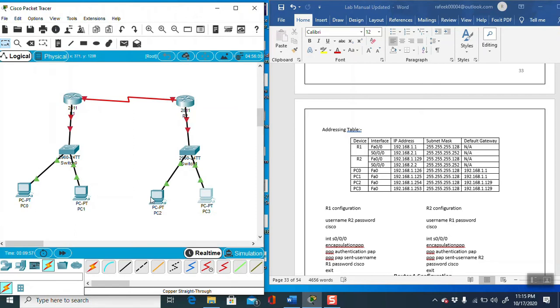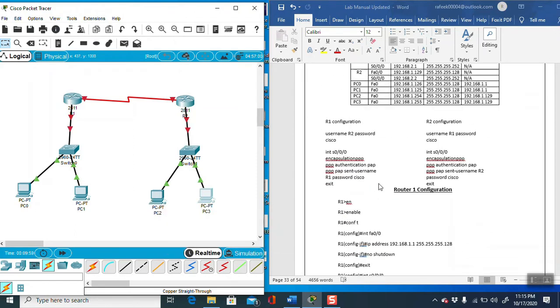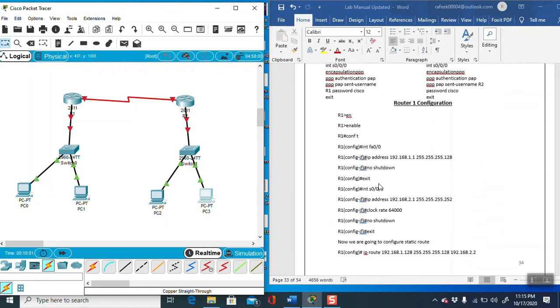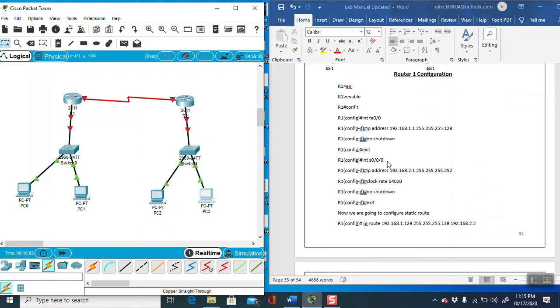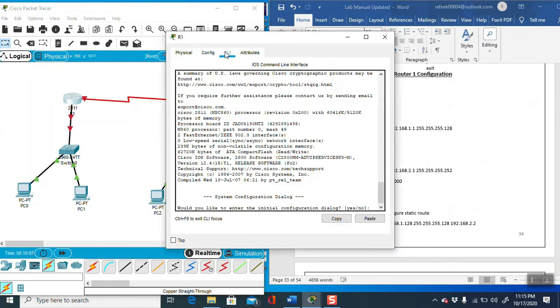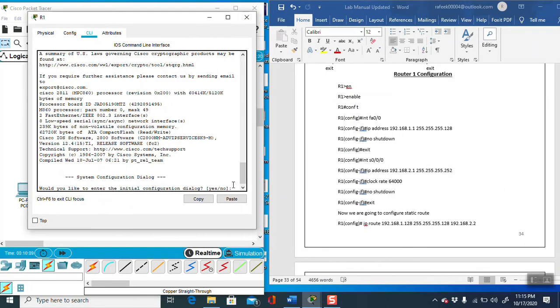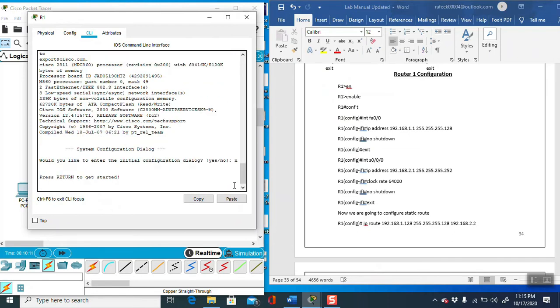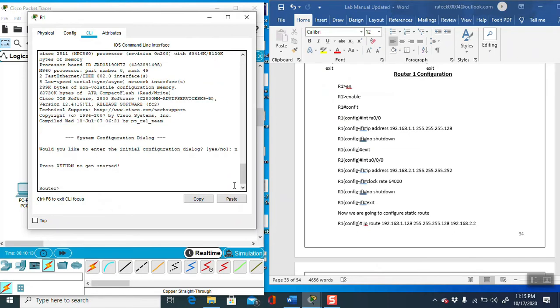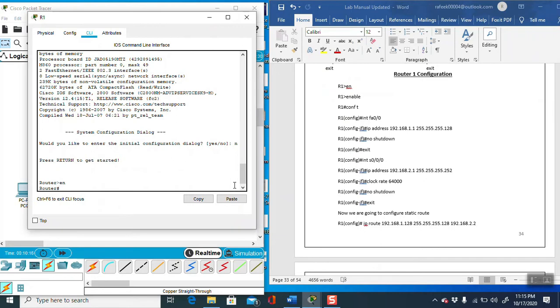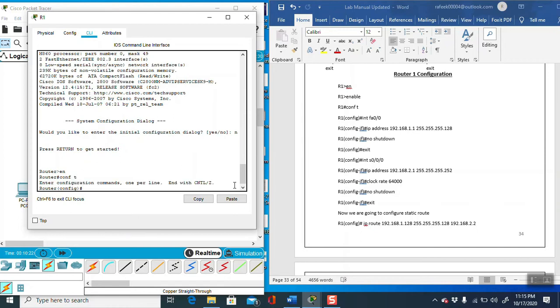Now, one by one, give the IP addresses in the router configuration. This is the first router. Go to CLI, write enable. Then follow the same commands given in the lab manual. Config terminal, interface F0/0.